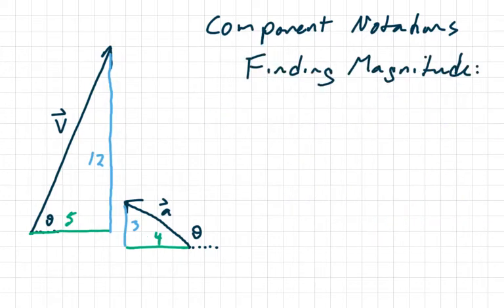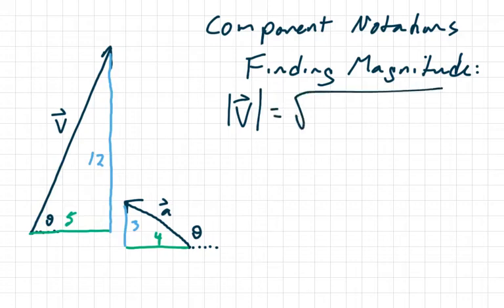So, all right, finding the magnitude. The magnitude corresponds, like we said, to the length of the hypotenuse. All right, the length of the vector. Well, how would you find the hypotenuse here? Oh my gosh, we could use Pythagorean theorem. Oh my gosh, yes, that's exactly what we do. So if I'm getting the magnitude of v, that's going to be the square root of the x component squared